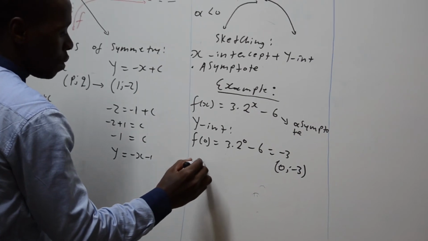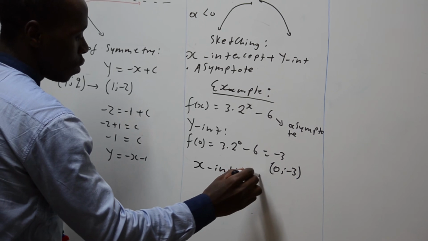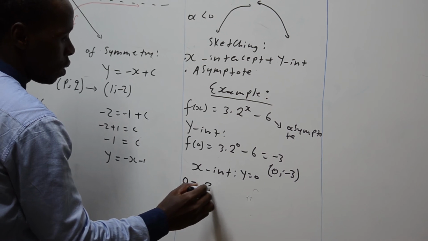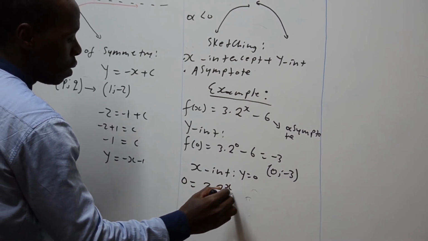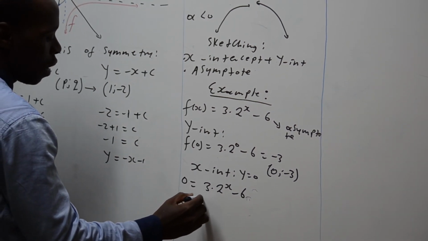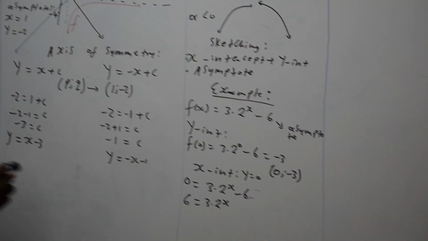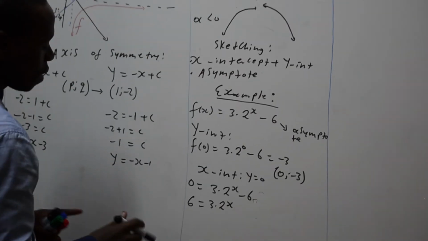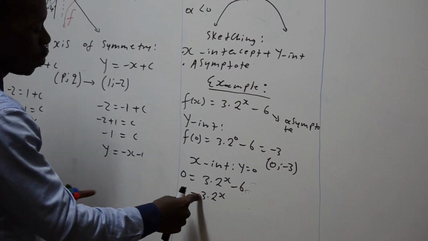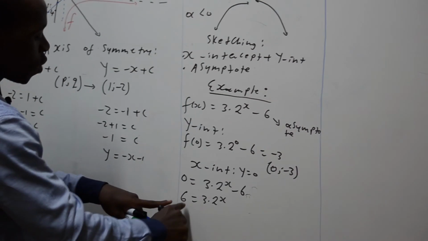Then the x intercept. Your y is 0. So you put 0 in place of f of x. Then 0 equals 3 times 2 to the power x minus 6. Then you solve: take 6 across the equal sign, so 6 equals 3 times 2 to the power x. What you have to know in any exponential graph is that if the signs are different, you should know there is no solution. You will never find the value of x in that case. Since here we have a positive 6 on this side,